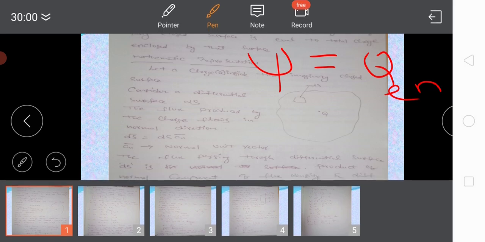So the electric flux passing through any closed surface is equal to the total charge enclosed by that surface. So this is the Gauss law statement. For example, this is one closed surface. Here the charge enclosed by this closed surface equals Q. So the Gauss law states that the electric flux passing through this closed surface